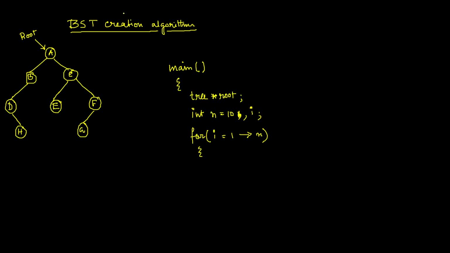So if you write the creation algorithm here, suppose as the name I consider it's create, so I'm writing create, and within the create function I must pass this root because initially this root is null, so I have to initialize it as null, right? So initially this root is null. Now what does root equal to null mean? Root equal to null means the tree doesn't even exist, right? Doesn't even exist.